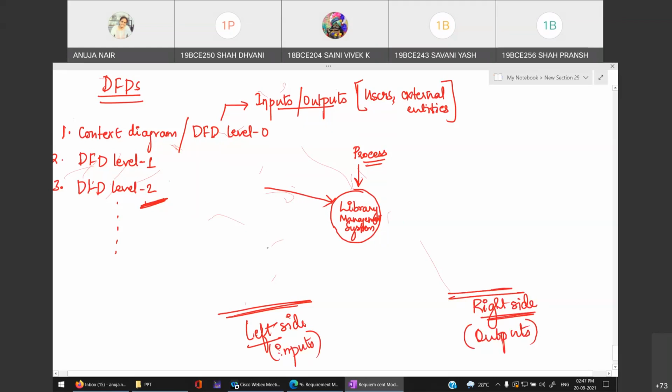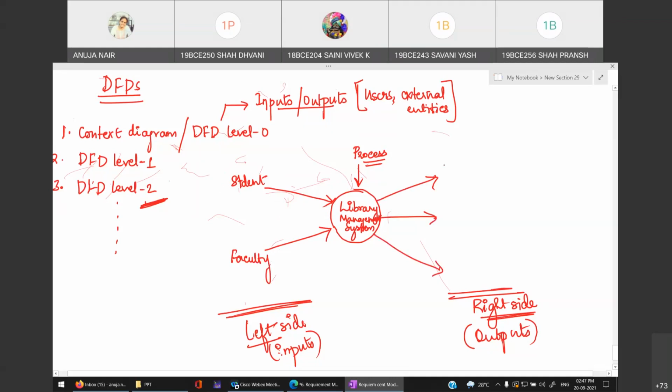So what I will do, I will put my inputs to library. What this diagram basically shows is, I'll give inputs to library management system. Who will give inputs? Let's say a student is there, student will give input, and let's say faculty will give input. So seeing the diagram, you understand that, okay, student is a user who is giving some input to the library management system. What is the output? That all outputs will be shown over here.